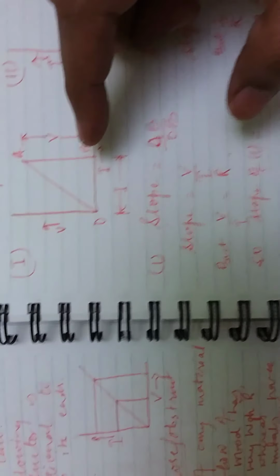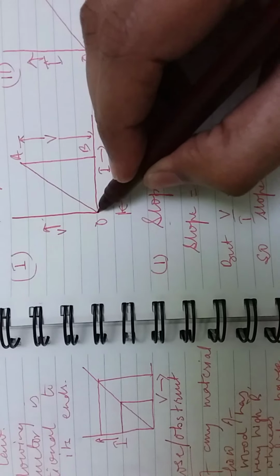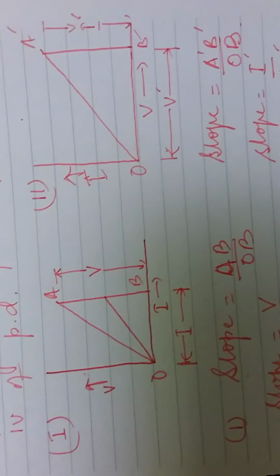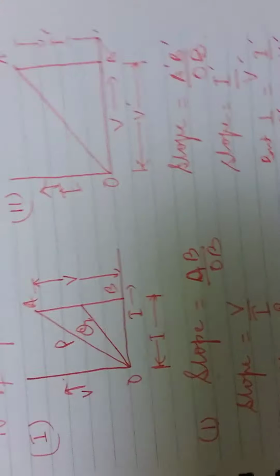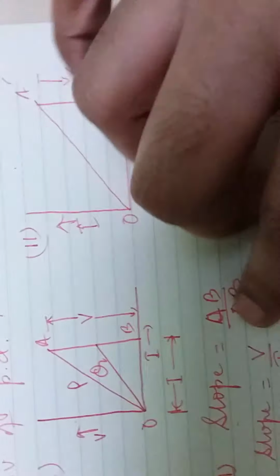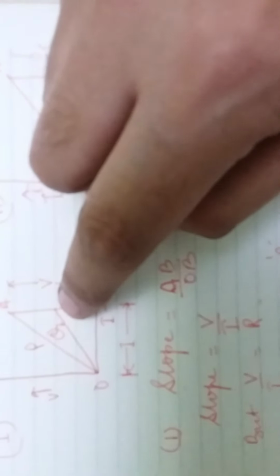So I'll take one more example to understand it better. If I plot the graph for resistance on the same graph, so let me call this P and this Q. So it is clear that the height of Q is less than the height of P. So that means the value of potential difference for P is greater than the value of potential difference for Q.